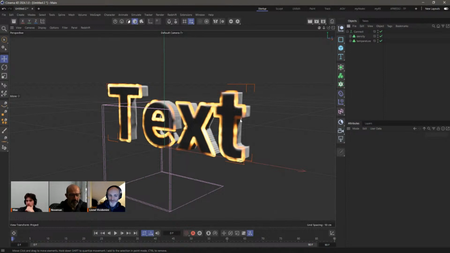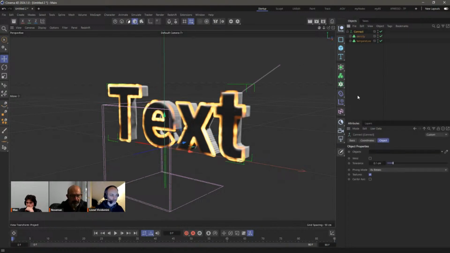Oh, what just happened? Well, as it happens, and this is, I would say, for me, one of the biggest unpublished features that's been introduced in the latest few versions, the connect object can connect volumes. And when you connect them, it actually creates a volume set which is understood by our Pyro system. What can we do now? Well, literally whatever we want.